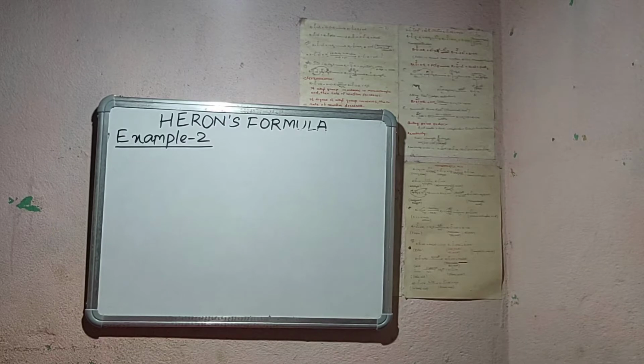A triangular park ABC has sides 120 meter, 80 meter and 50 meter. A gardener, Dhania, has to put a fence all around it and also plant grass inside it. One work is to fence all around, and the other is to plant grass inside it. How much area does she need to plant?